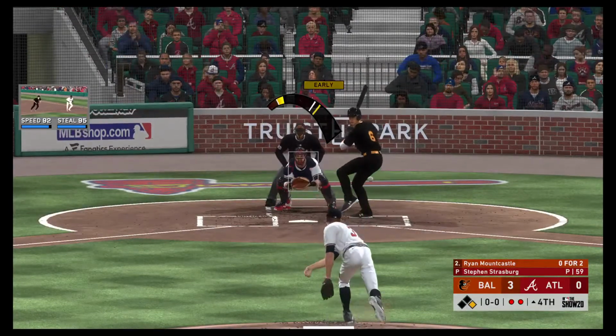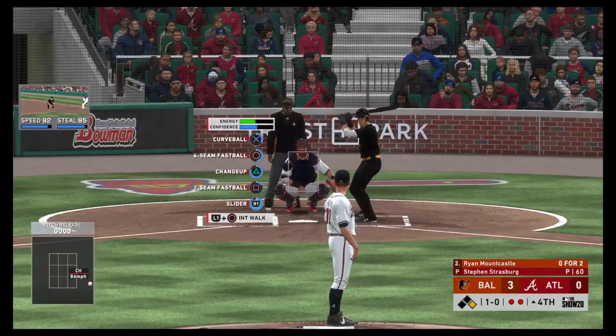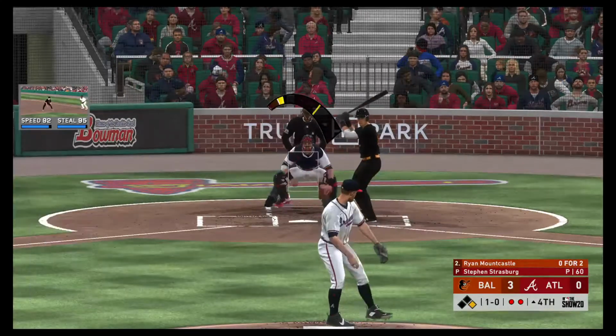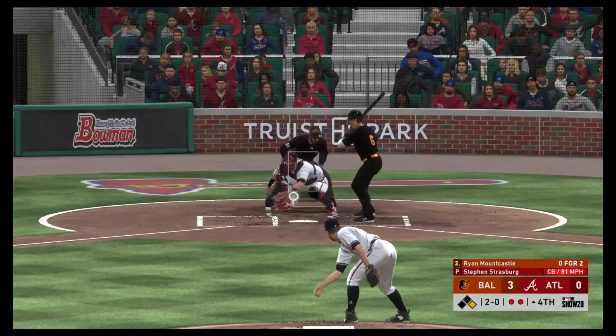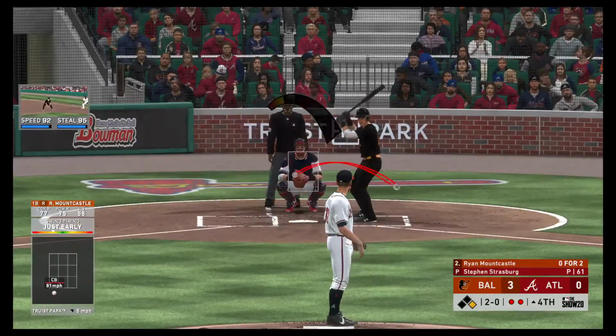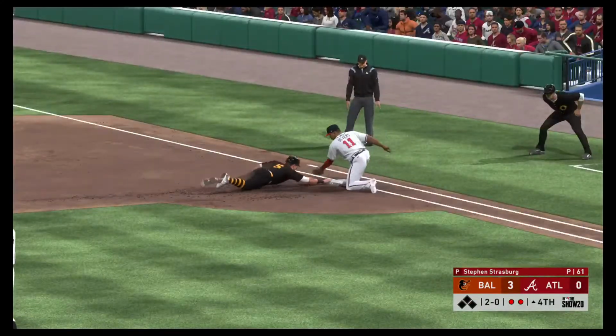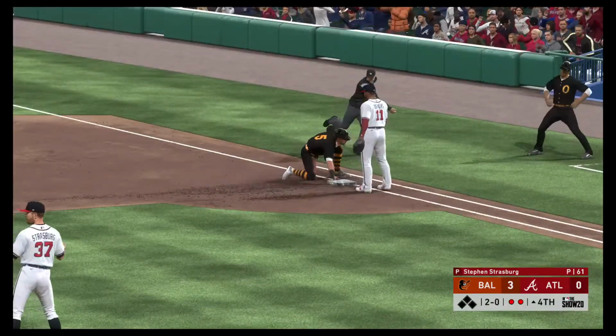First pitch coming. Here it is. And they'll start things out with a changeup here, but this is a bit too tight. It's ball 1. You can really tell how effective this guy's going to be when guys are swinging at that changeup. So far in this one, they've been real smart to let it go. Now a throw over to first, and he is tagged out here. Boy,